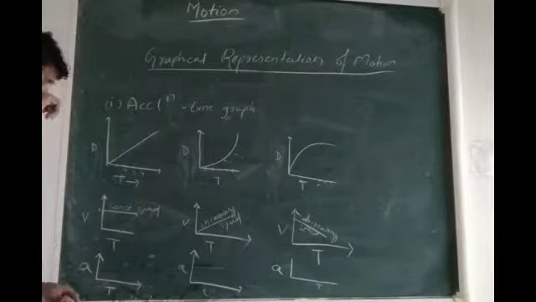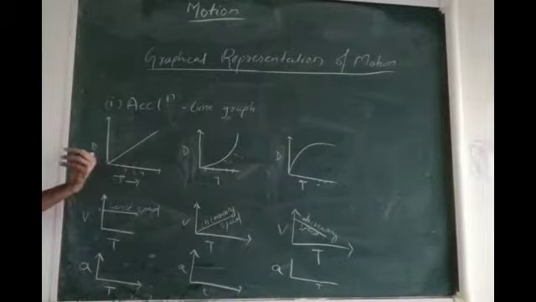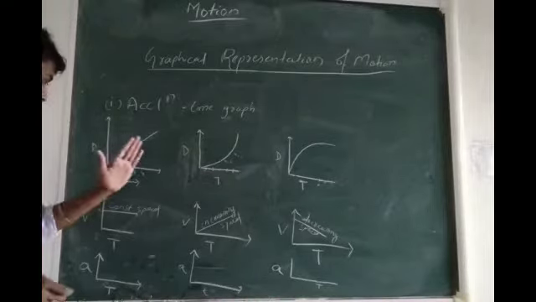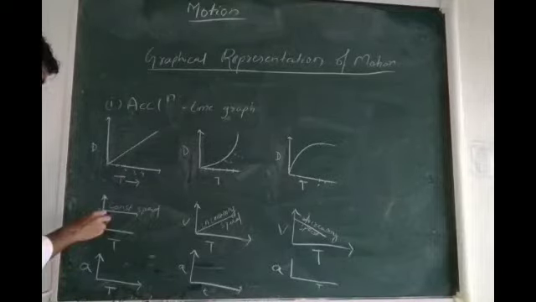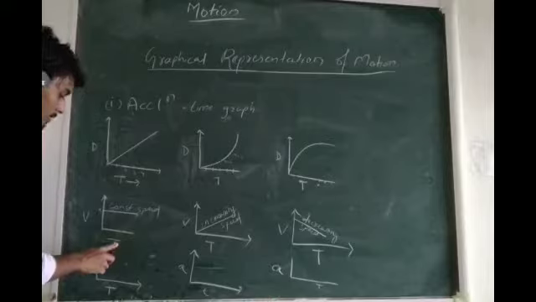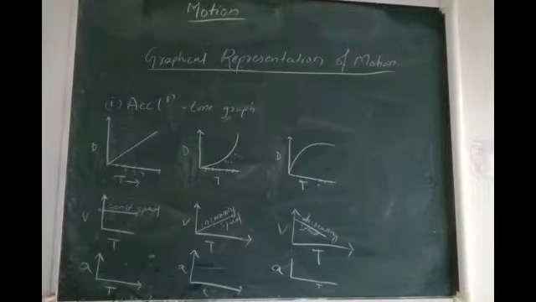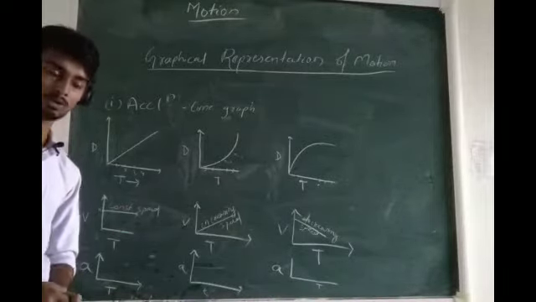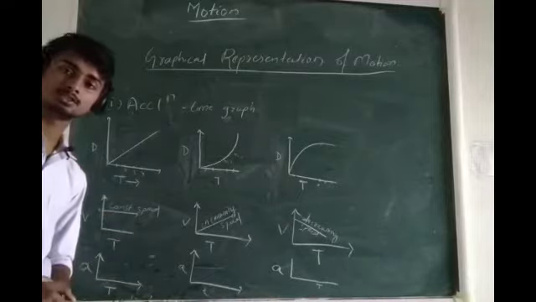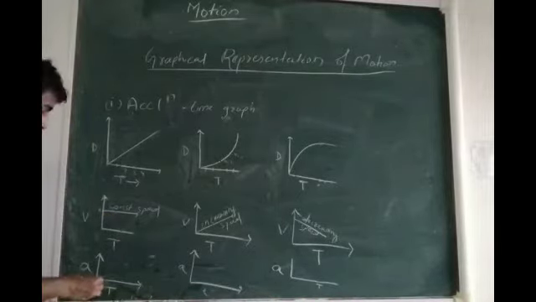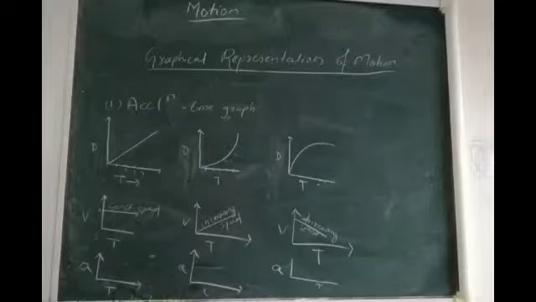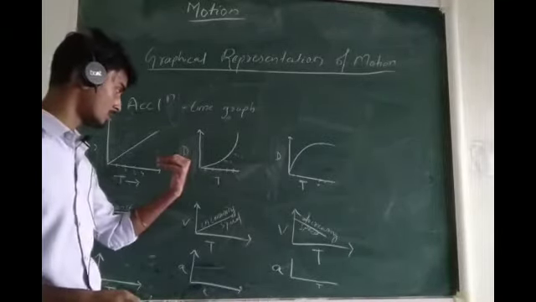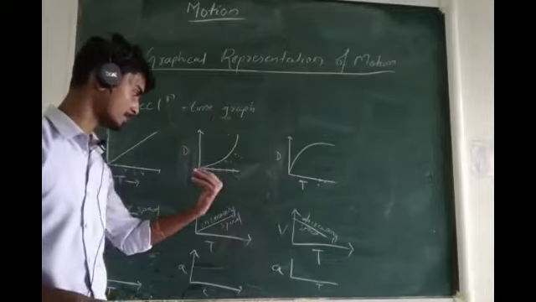Let us see. See here, we found out that the distance covered by the time will be same throughout. Now, so the speed will be constant. If the speed is constant, it should be a parallel line to the time axis in case of a velocity time graph or speed time graph. And see, if speed is constant, it just means that its acceleration is 0, or change of speed with respect to time is 0. So here the acceleration time graph will be 0, or the line will be coinciding the time axis.